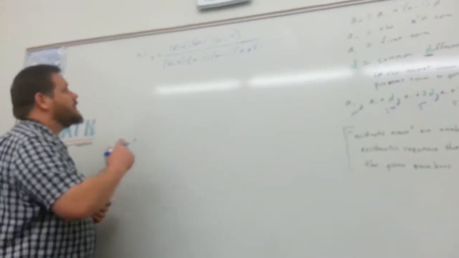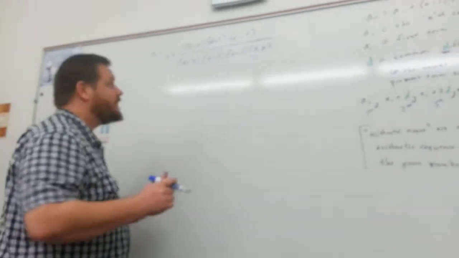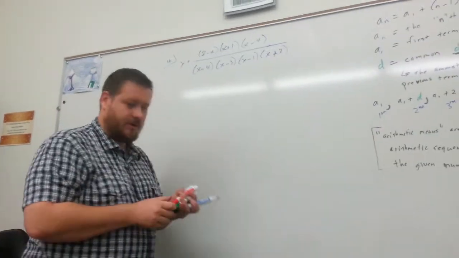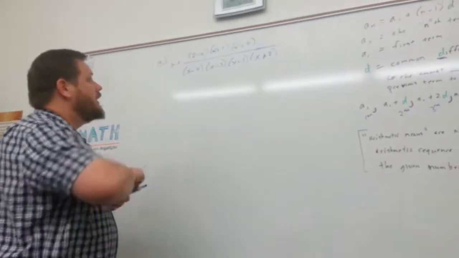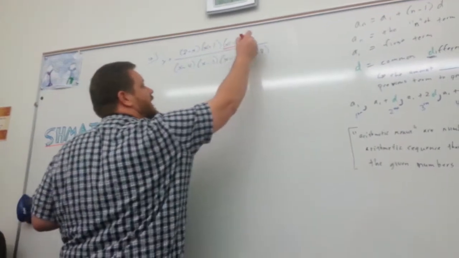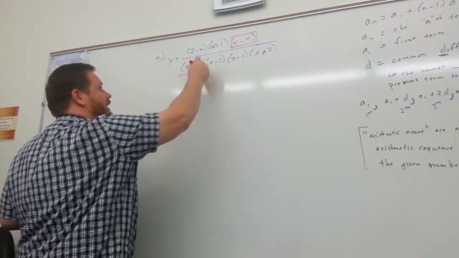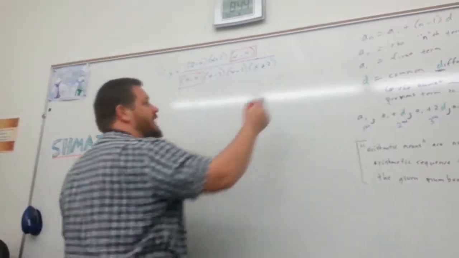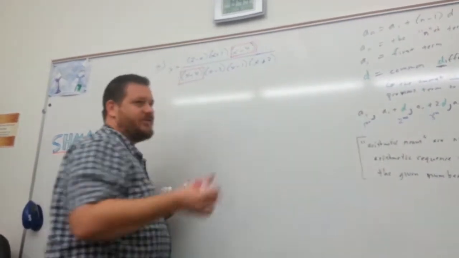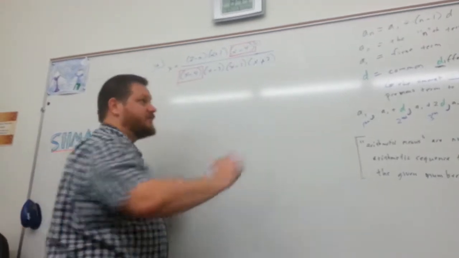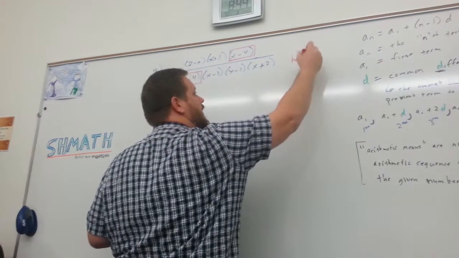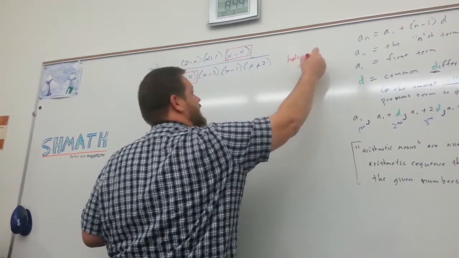Okay. So number 16 on lesson 38 looks like this. Now, a couple things to note about this. One, notice that we have an x minus 4 on top and an x minus 4 on the bottom. They will cancel each other, and that also means they will not affect the shape of the graph. However, that also means that there is going to be a hole in the graph at x equals